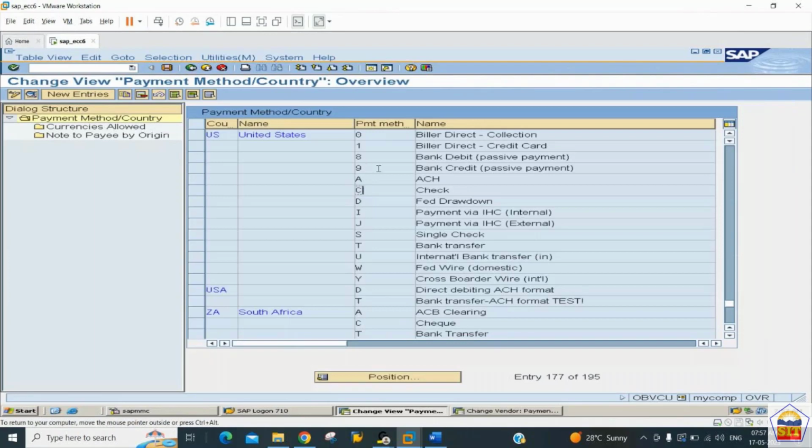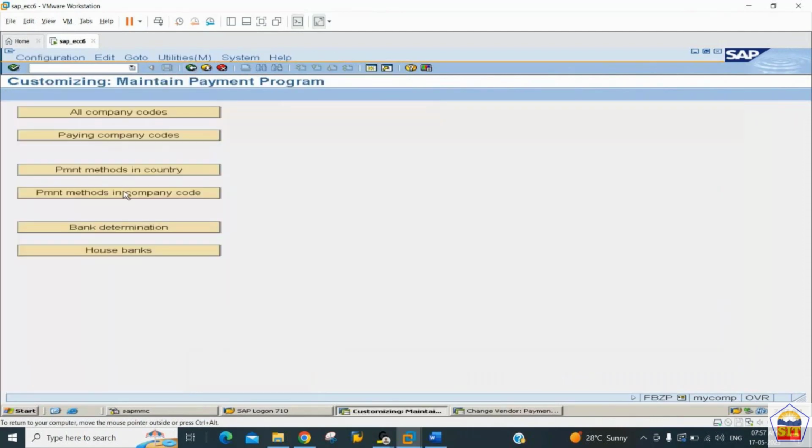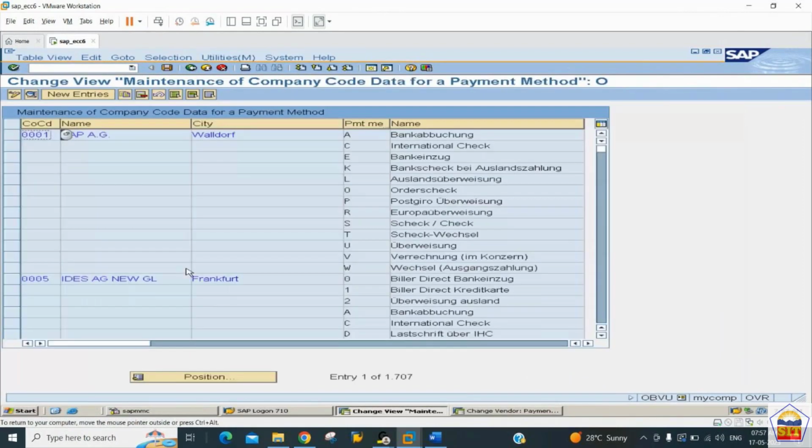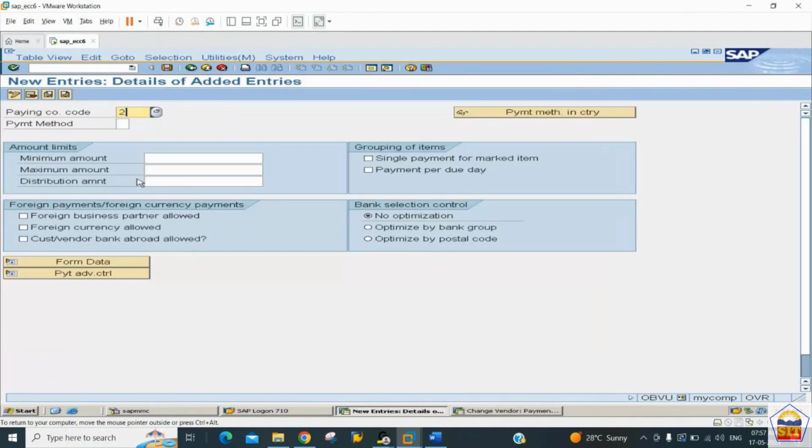So whatever the payment method you want to use, so that payment method you need to link with your company code in the next step. So come out of here, go to the next step, payment method in the company code, and we can click on the new entry button. What's our company code ID? 2244. What's our payment method? So payment method I want to use C. And for this